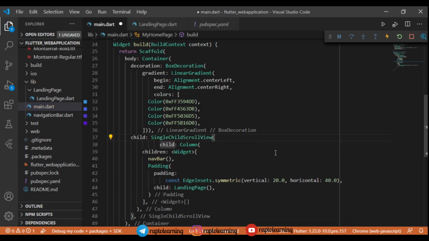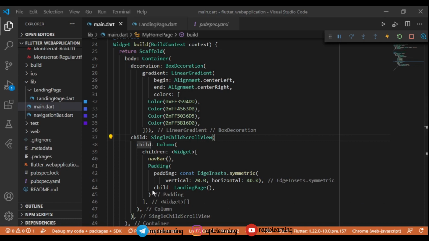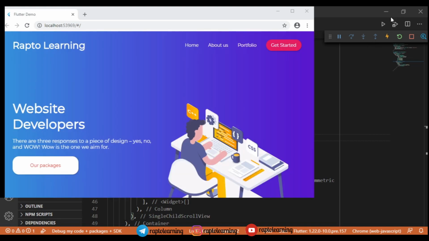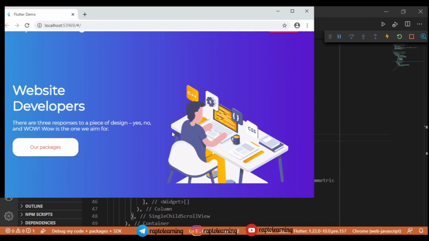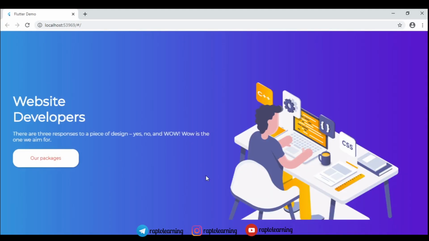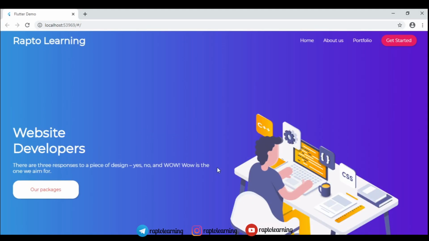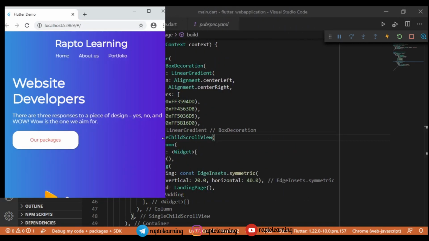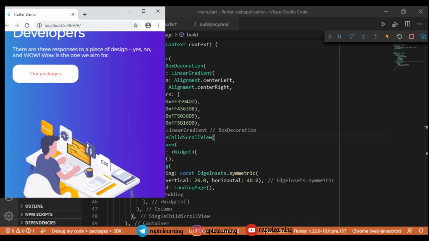So SingleChildScrollView will give you a scrolling view, then our website will look very pretty awesome, right? So reload our project and let's see if the pixels overflowed error is gone, because that was because we had not implemented a scroll view. So yeah, our app is loading now. The error is gone, but as you can see the image is a little bit downward and it is not very much fixed on the screen.